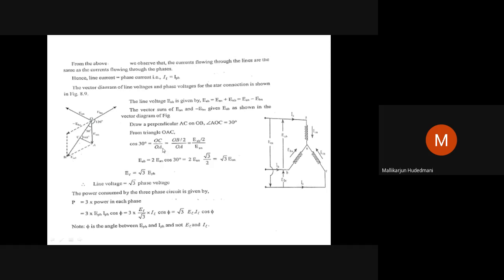For me, I am not interested in that. I am interested to know how EAB comes to you. If I have phase voltages 120 degrees apart from each other, how do I get the line voltage out of that? By reversing the one which has a negative sign, taking the resultant and getting the values. This way EAB is obtained.